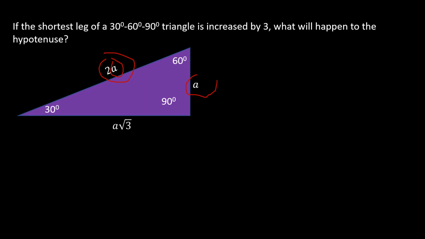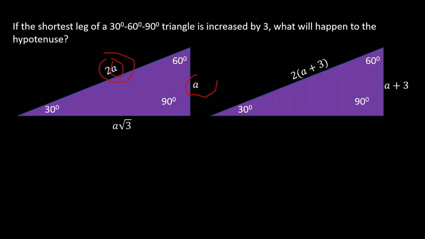So therefore, if the shortest leg is increased by 3, then our hypotenuse will be increased by 6, as shown in our example. So if A is increased by 3, then by the distributive property of multiplication over addition, that will become 6. So 2A plus 6. 2A is the hypotenuse, and it is increased by 6. So the answer is it